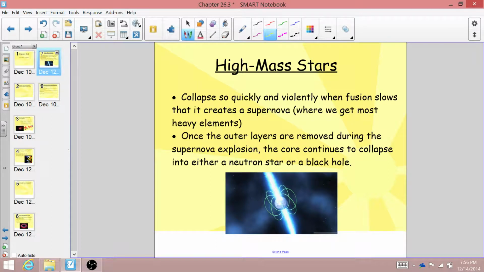This is also known as a pulsar, because if you can imagine these beams as being a flashlight, and the Earth is somewhere over here, as it spins around, this beam will hit us and then we'll move away. And then this beam will hit us and then move away. And it looks like the star is pulsing based on where that radiation is pointed as it spins, and that's why it's called a pulsar.